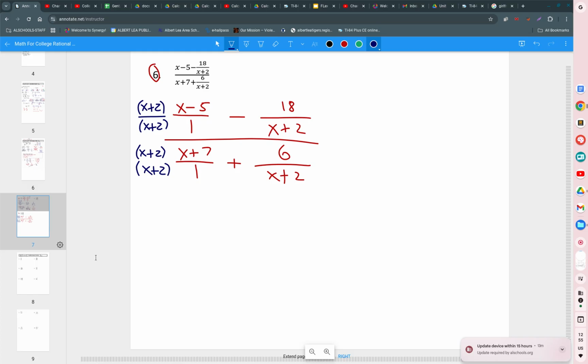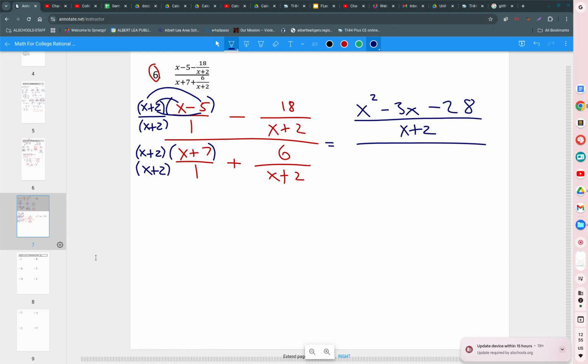We got some work to do to FOIL this out, don't we? X times x is x squared. Then I have 2 times x and a negative 5 times x. That's going to make a negative 3x. And then I have 2 times negative 5 is negative 10. And negative 10 minus 18 is negative 28. Over what? x plus 2 over,